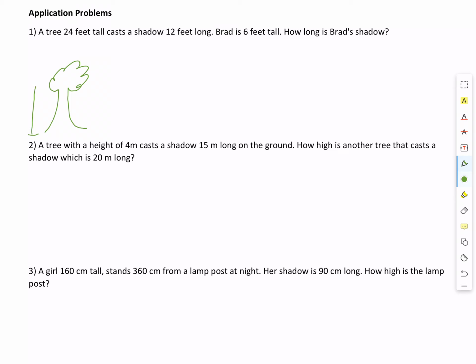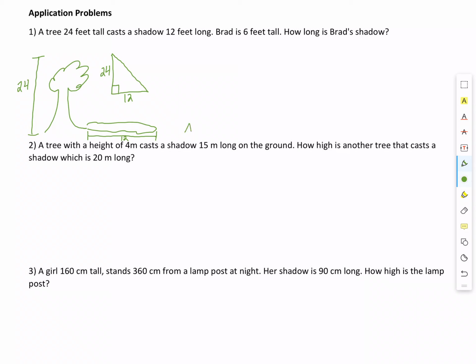And we know that tree is how tall? 24 feet. And then it casts a shadow. Just call this shadowy blob. That is 12 feet long. Okay, I know those aren't proportional. But basically what we just did here is we made a triangle where we have one side that's 24, and then one is 12. So we can have a right triangle, and then these guys are both going to be similar, and then